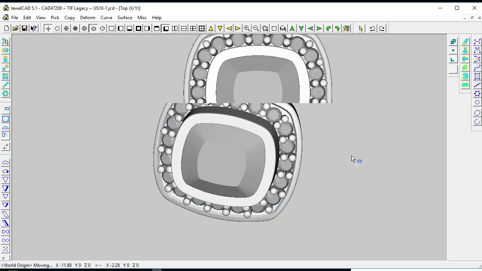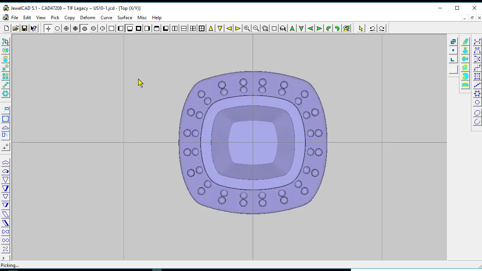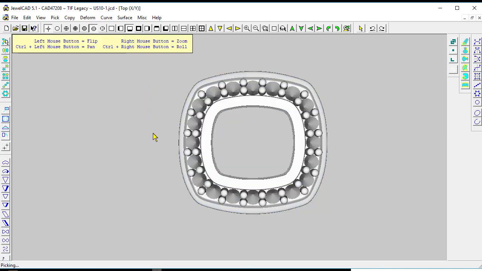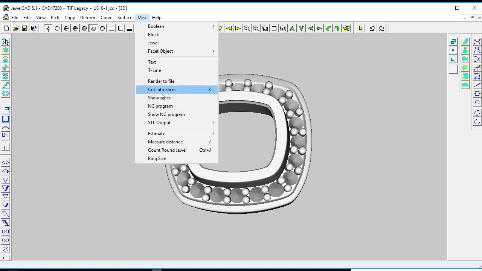So the way to do it is we're gonna use another software. It's called 3dcoat. But first we need to remove the stones. Select, you go J and hide, Control H, then you don't have the stones here. Then we go to cut into slices,